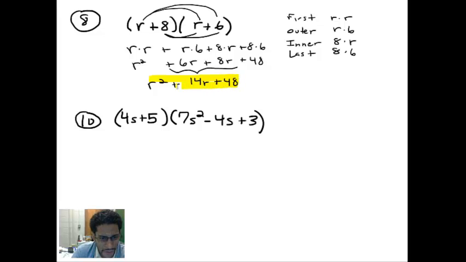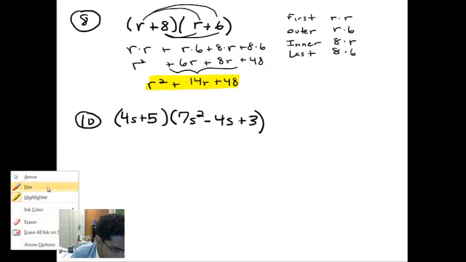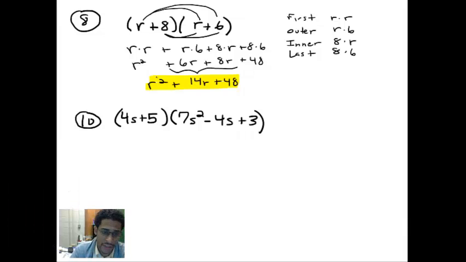Okay, that works out great when it's two binomials. A binomial is when you have two terms inside the set of parentheses. Now we have a binomial times a trinomial, 3 terms in the parentheses, and then 2 terms, a 2-term polynomial. And so FOIL only works with a binomial times a binomial. And so instead, we just take the spirit of FOIL. We take 4s times all 3. So we'll have